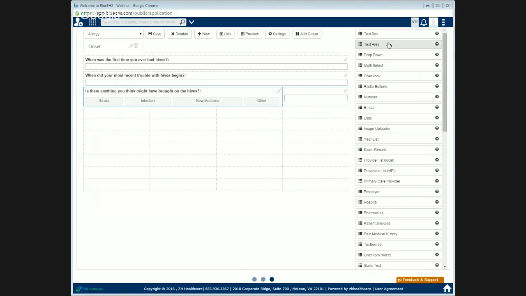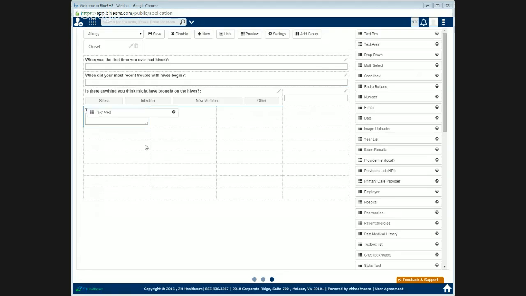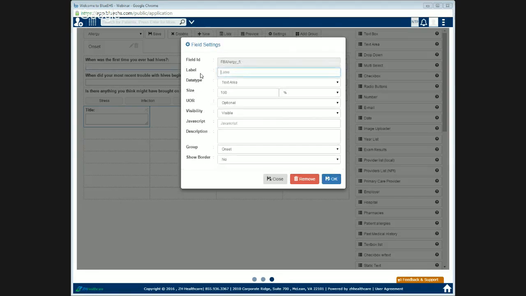The fourth question is a bigger question. So I will use a text area. So the difference between a text box and a text area is a text area you can fill a complete paragraph in that text area, wherein this text box is restricted to certain amount of words, certain amount of letters you enter. So this text area you can enter an entire paragraph. So I will rename this as